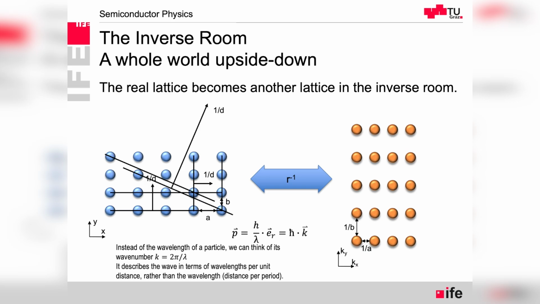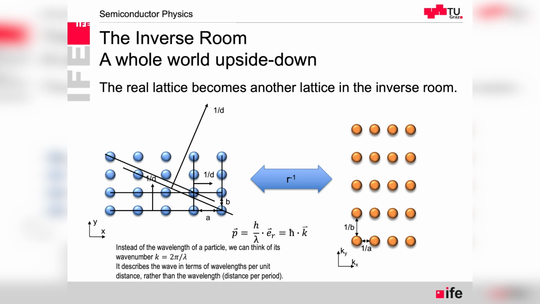We can have any other plane with a certain dimension, the distance between the two planes that connect the points in the lattice, and this will create a new point in the inverse space. So every plane is a single point in this inverse lattice, and we can construct the complete